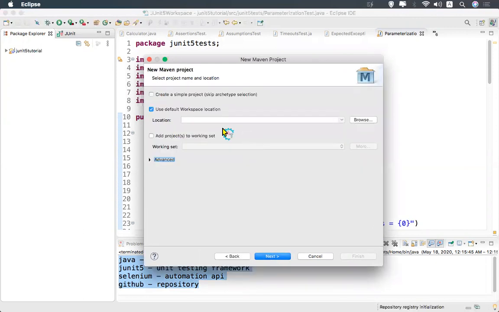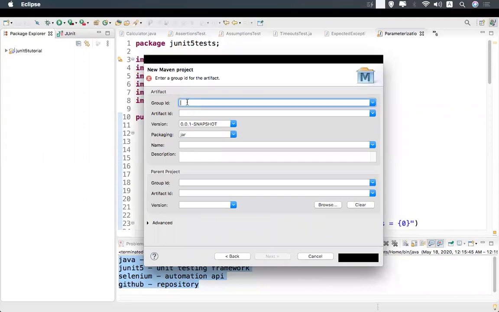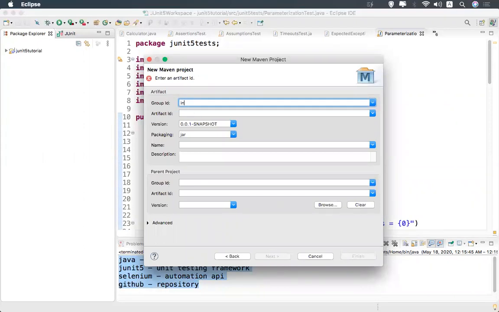Here you just select create a simple project. Skip archetype selection, I do not want all these things. I'll take create a simple project and then next. You need to give the group ID and artifact ID. I'll give group ID int.at.